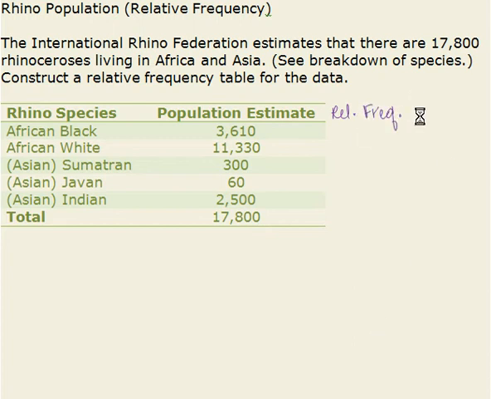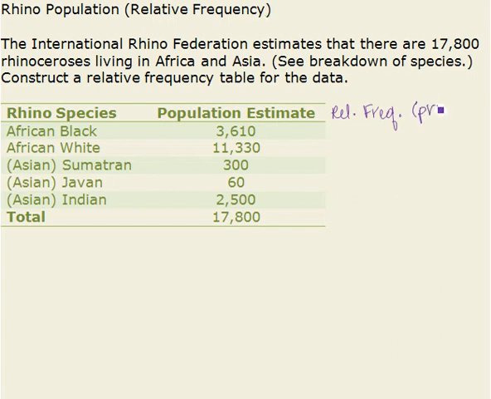And this is just kind of a fancy way of talking about proportion. So again, we're going to take the part over the whole for proportion, which means 3,610 divided by our total number here, 17,800. And we get a relative frequency of about 0.203. If I continue finding my relative frequencies, again dividing by 17,800 each time, I find that for African white